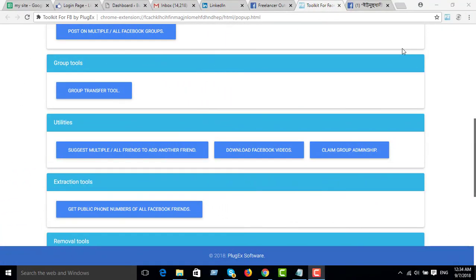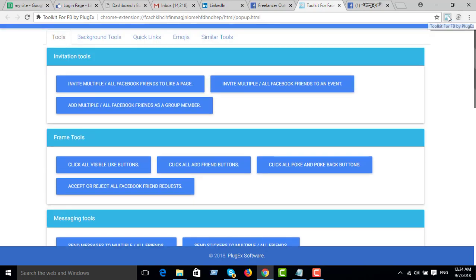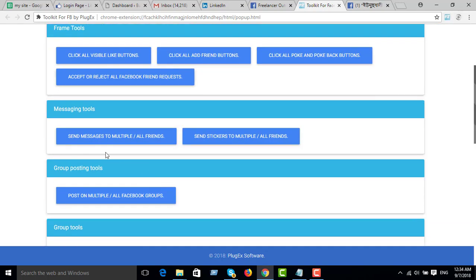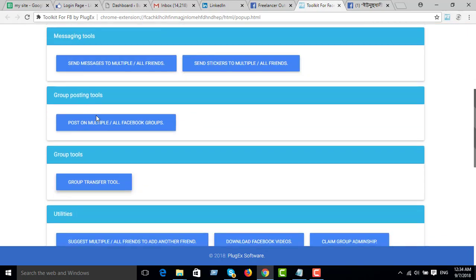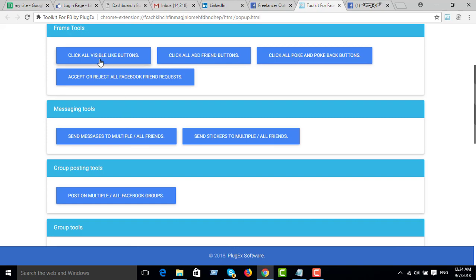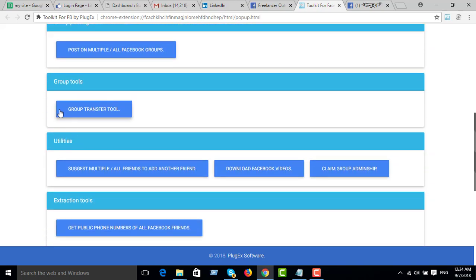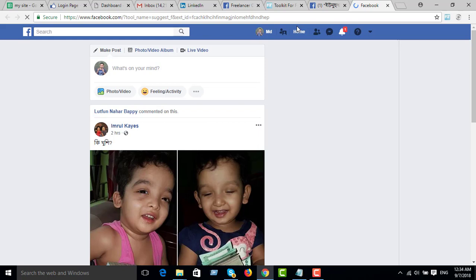Let's talk about how to suggest all of your Facebook friends to add another friend. I'm using Toolkit for Facebook. After installing this tool, go to its dashboard, then click on here, each relatives. I'm just going to click on this link because I want to suggest to all of my friends